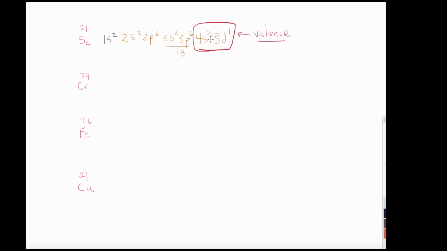Remember that period 4 elements preferentially ionize the 4s electrons before 3d. And you'll recall from the PES videos that we did before this